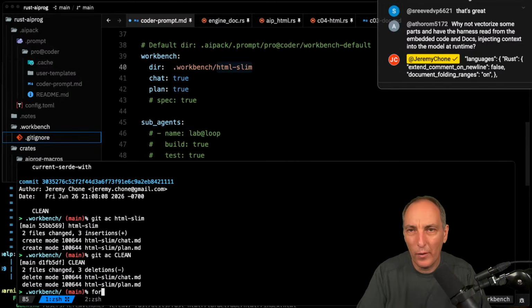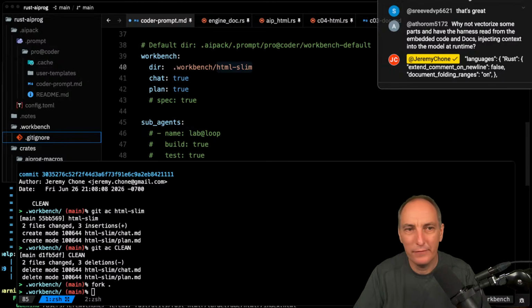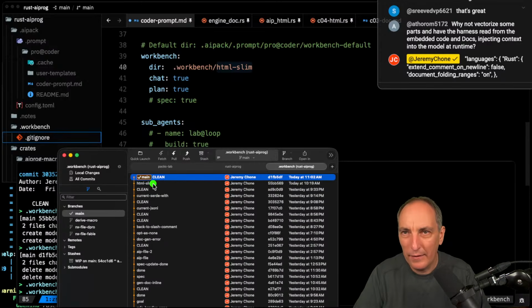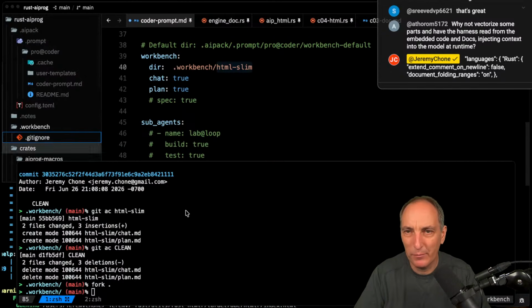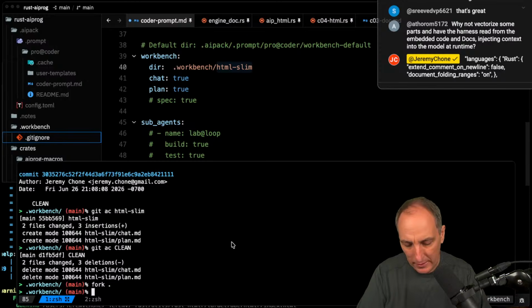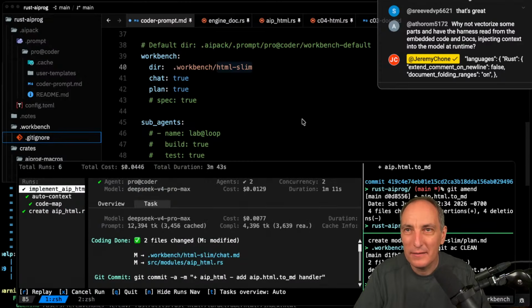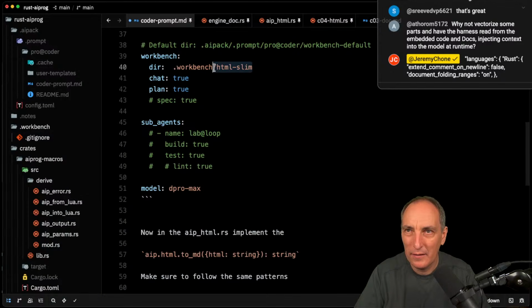So like this, here I'm using a tool which is called Fork. I have all my clean here. So like this, if I wanted to see what I deleted, I just go to clean. And I don't want to get much smarter than that, because my workbench is just my own bookkeeping. I don't care. So now that I have this, I go back here and I'm going to say